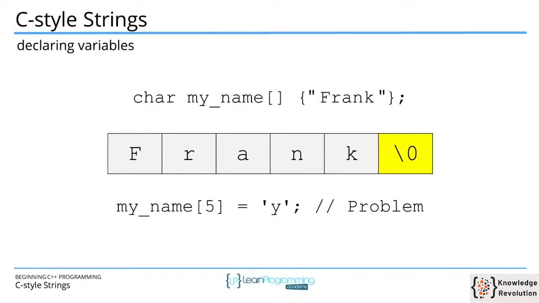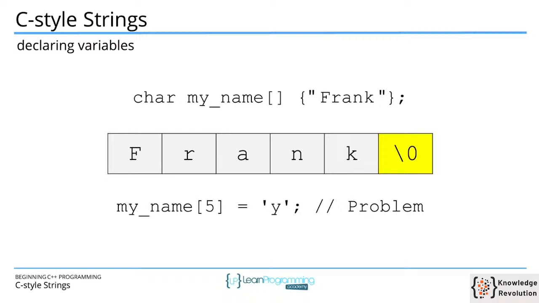Literals are great and very useful, but we more often than not need to create string variables. Let's see how we can create C-style string variables. In this example, we're declaring an array and initializing it to "Frank", using initializer list syntax as we've been doing with integers and other types. Notice that the C++ compiler will allocate 6 characters for this array, since it needs to terminate the string with